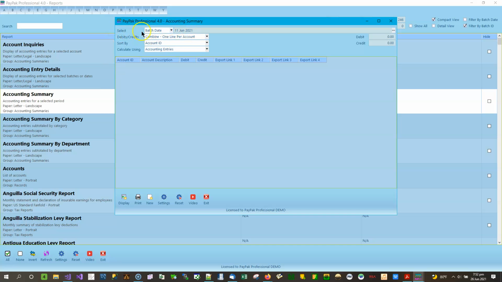We have a selection option at the top where you can select by batch date or batch ID. To the right of that will be the selected batch date or selected batch ID. Under this, you have a debits credits option where you can combine the entries so there's one line per account,